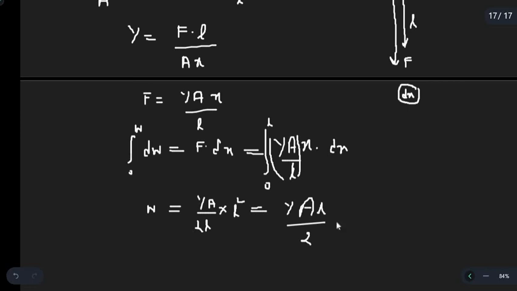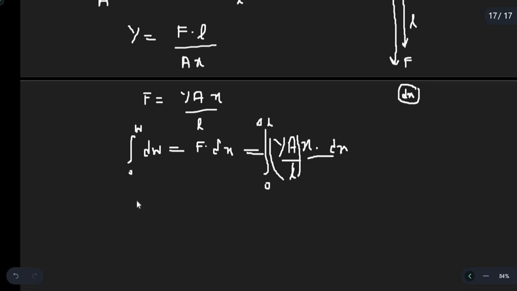Wait a bit, I think I made a mistake. This integration is being done for the elongation part, right? So I should give it a del L here. I cannot cancel this, because I am having this integration for the elongation part, this x and dx. So let's remove these parts. Sorry, because I didn't take notice that time. Because I've been taking this integration for the elongation part, I should take the limit del L from 0 to